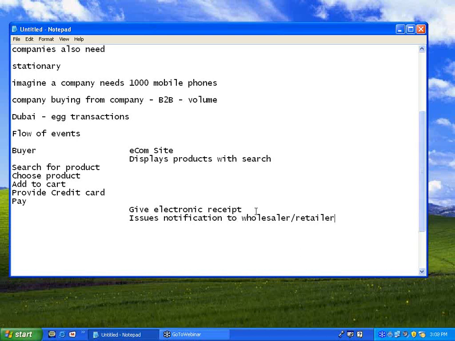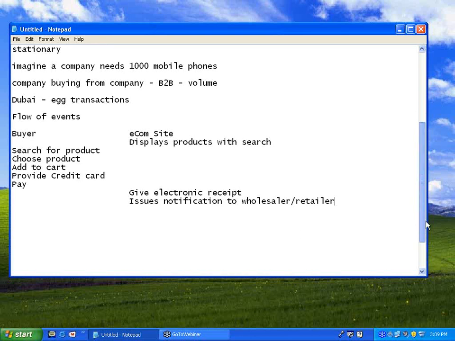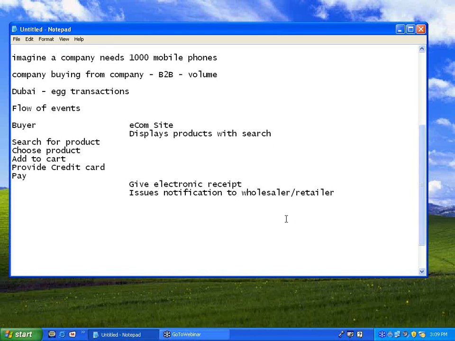He will always think that it is coming from Amazon. Otherwise, for every article, they cannot simply ship everything from United States or UK. That shipping charge will be much more costly. So they will have relationship with so many, they call it as agents. The agents who finally deliver. Once the issue of notification is given, then the e-commerce site or the agent deliver